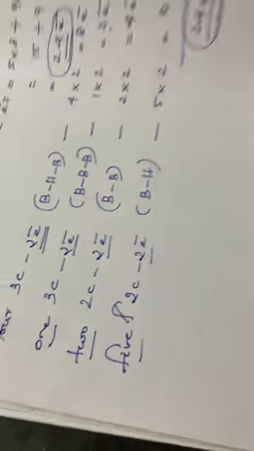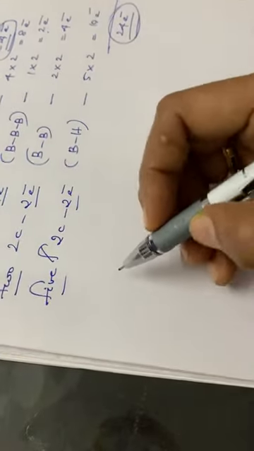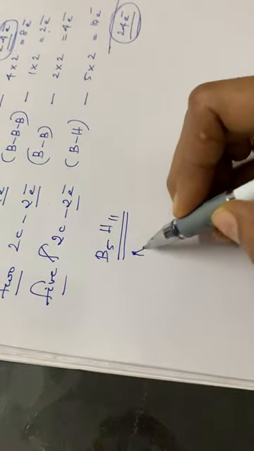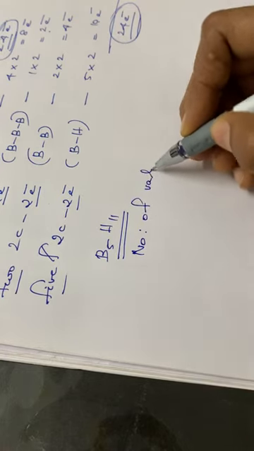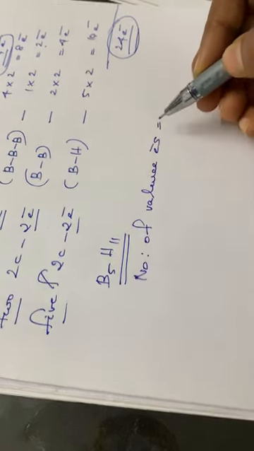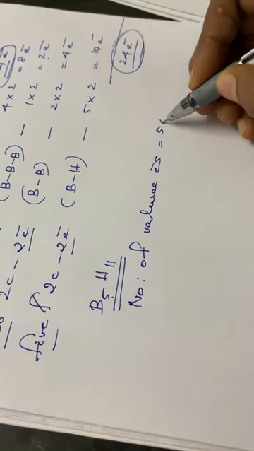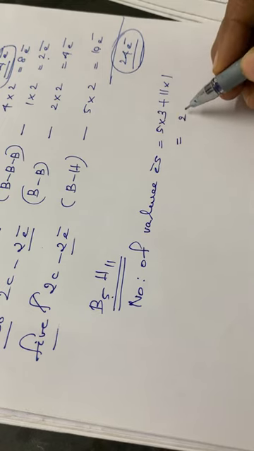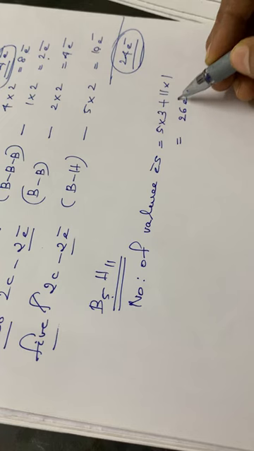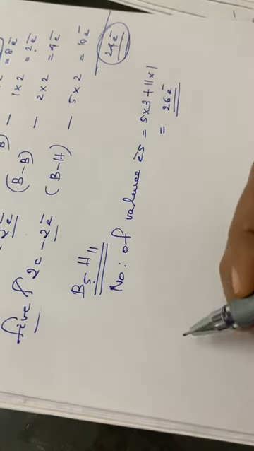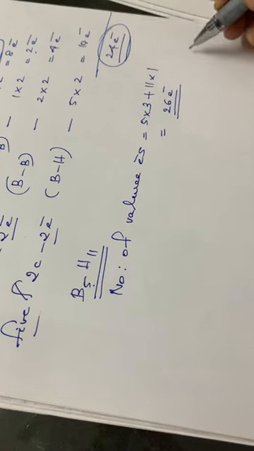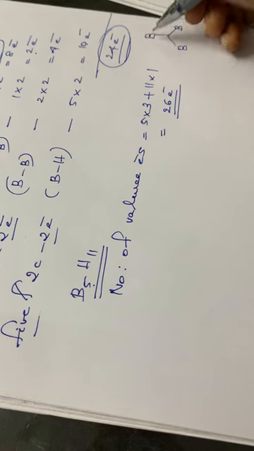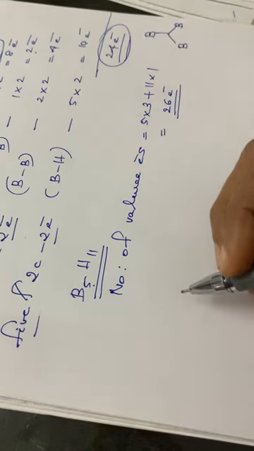Then another compound, that is B5H11. B5H11, the number of valence electrons is equal to 5 into 3 plus 11 into 1. That is equal to 15 plus 11, that is equal to 26, isn't it? 26 electrons. Then here also you have to represent this BBB bond like this. It is symbolically written like this. Okay, BBB bond.